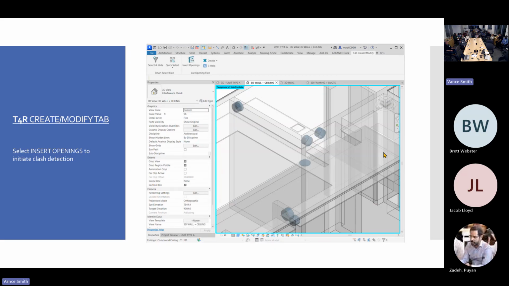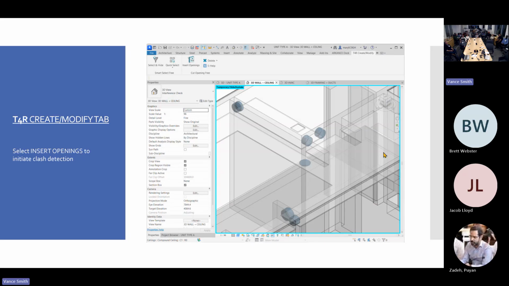So if I go to this next video and zoom in, I selected the solid family. It's a generic model family. So basically it's giving us a representation of where all of those holes are. And we have access to all of the information in the property. So we can change from a solid opening to a void opening. And then you can actually reconfigure what